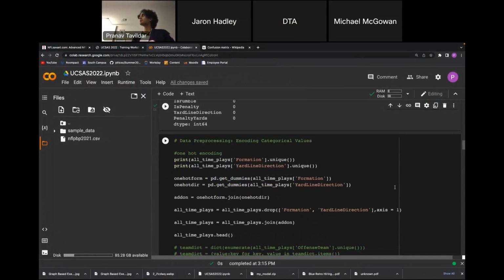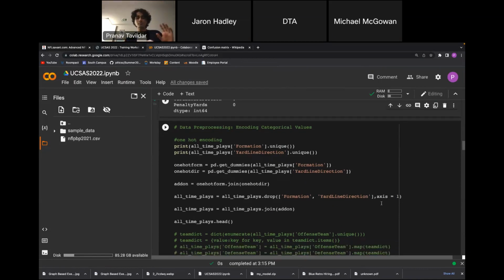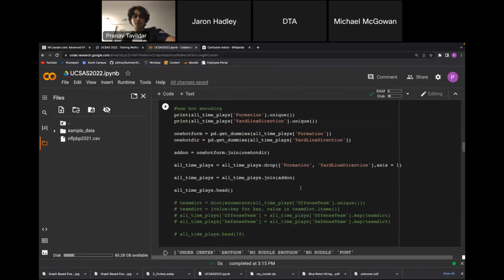This pandas function allows us to do that pretty easily, and we're also going to do that for yard line direction. The axis=1 just means it's going to be along the columns. We're going to make these one hot encoded, join them together into a data frame, drop the original columns and add the new ones back.